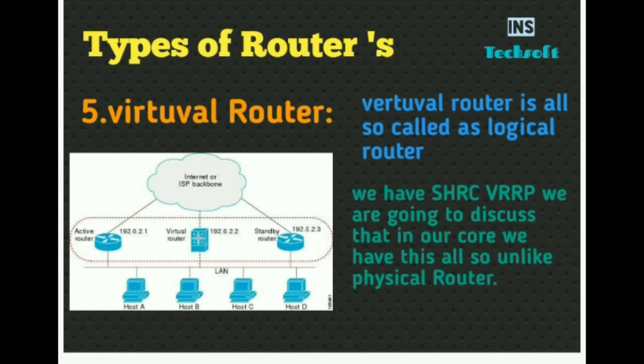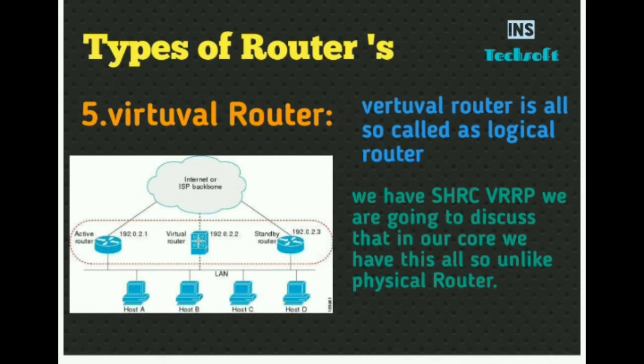For redundancy, for example, I have this router connected to a switch, and then from the switch to a PC. So what we will do is configure HSRP. We will create a logical router in between the two routers, so if any router goes down, then the other router starts working. We will see this in our course, and VRRP I will discuss in coming videos.